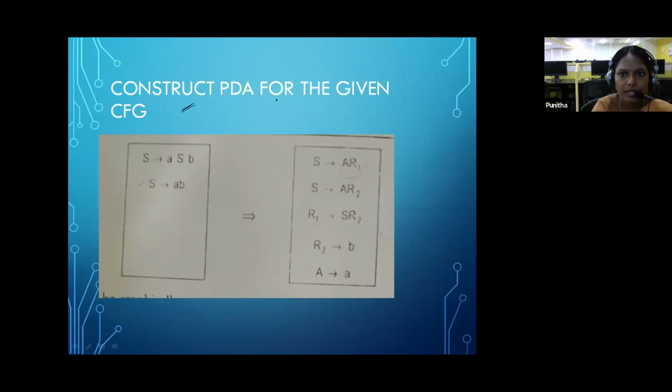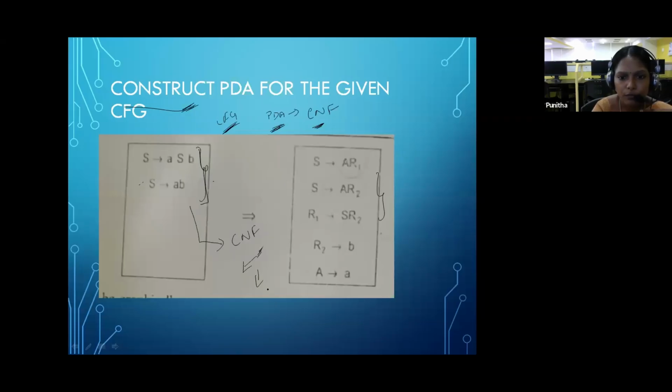Example is construct PDA for the given CFG. Okay, yes, look at this production. These productions are ordinary CFG productions. Here we can design a PDA only for the CNF. We can't handle the general CFG. We are looking for a PDA for CNF. But in this situation they have given you the CFG. What you have to do is make these productions in terms of CNF. Then you consider this CNF as the actual production,